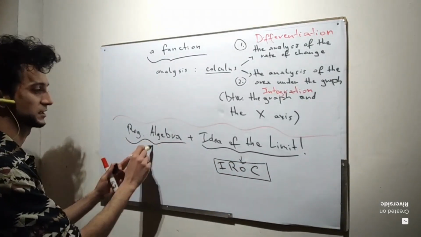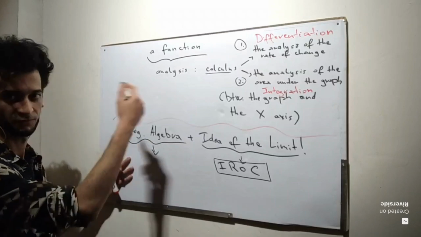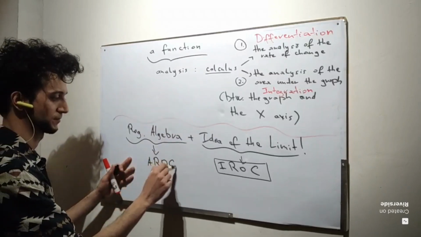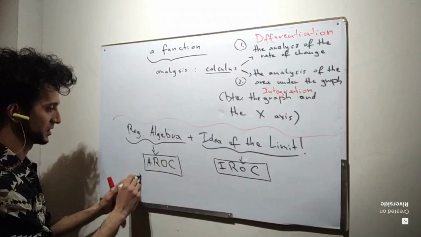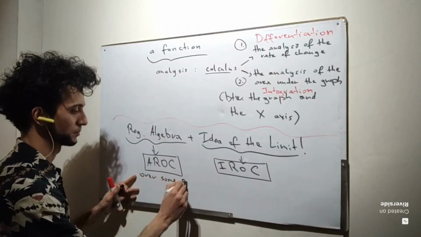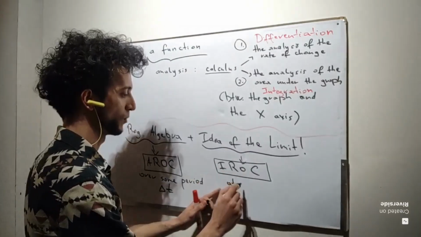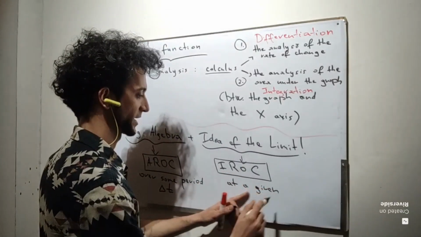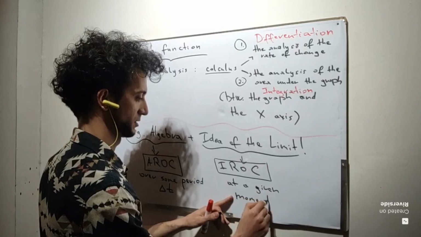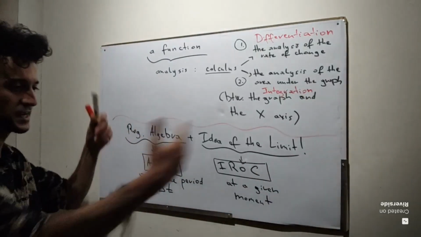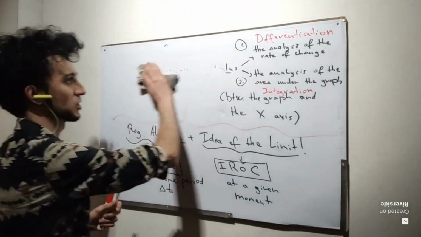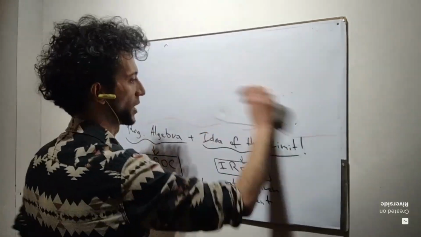Regular algebra didn't care about instantaneous rate of change of any graph. It only cared about the average rate of change, which was change over some interval, over some period, delta t, let's say. Now, instant is, of course, at a given moment, and that's way more problematic than talking about a difference in time, some range, some period. Because when we talk about a period, we know the beginning, we know the end,